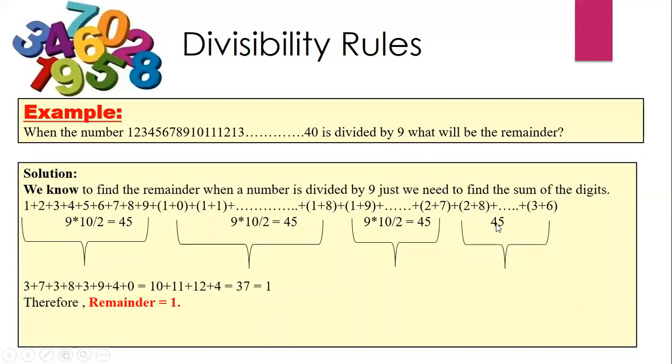So we don't need to bother about these digits, we need to find out only the remaining digits. We have stopped at 36 here. So find the sum of the remaining digits, which is 37 plus 38 plus 39 plus 40. So 3 plus 7 plus 3 plus 8 plus 3 plus 9 plus 4 plus 0, we'll get 37. So 37 when divided by 9 gives remainder 1. Or 3 plus 7 is equal to 10, and 1 plus 0 is 1. So anyway, we'll get the remainder 1 as our answer. Okay, so this is one of the approaches in which we can solve the problem.